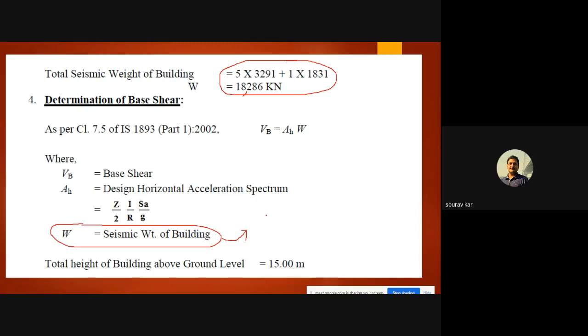So this thing is remaining, that we have to inform StaadPro that whatever dead load and live load I have applied on the structure will behave as seismic weight on the structure. I have to make some changes so that StaadPro can understand. Till now, StaadPro is not able to understand that the load is seismic.